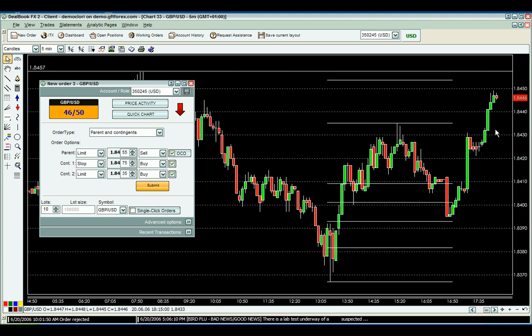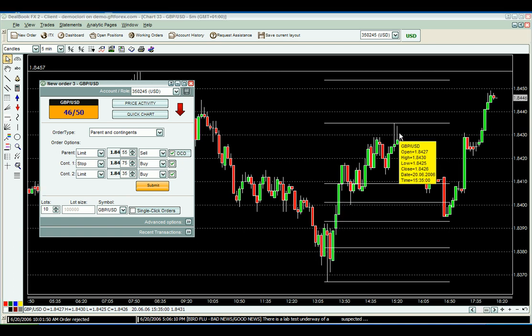And one of the reasons why our limit is at 35 is because you see this level of resistance, which could become support. We want to have enough range movement in this range here to take some profit before it gets to this level, because it will likely bounce at this level. I will place my order into the market now,